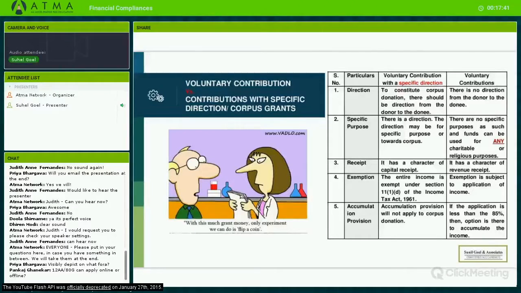under section 11(1)(d), even if not fully spent during the year, as compared to a pure voluntary contribution for which you need to apply at least 85% of the amount. Otherwise, you need to follow certain other procedures to accumulate the income. So this distinction is very important whenever you're receiving a grant, and you must appropriately allocate this in your accounts